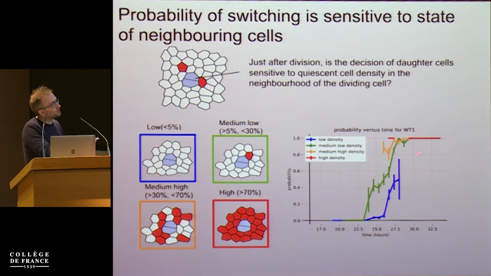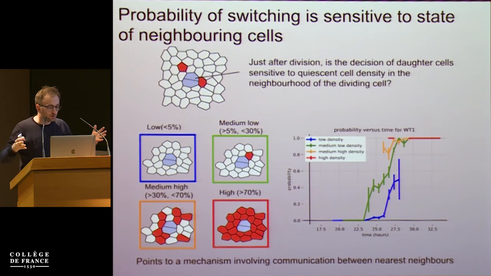The blue cells are the cells that are isolated from quiescent cells. The red cells are full of quiescent cells around them. And there is a clear gradation. So the more you are surrounded by quiescent cells, the higher the probability to become quiescent yourself. So it doesn't explain everything because these probabilities are also increasing. But it seems that some aspect of how this tissue switches to quiescence involves communication between nearest